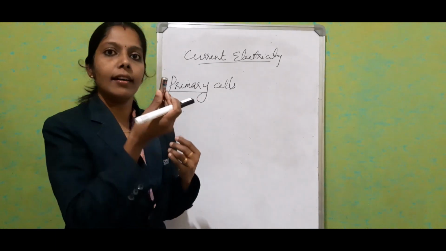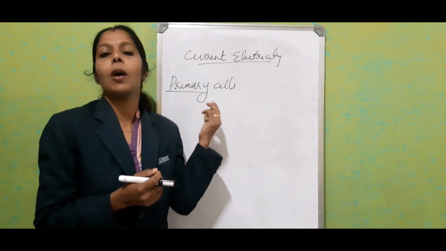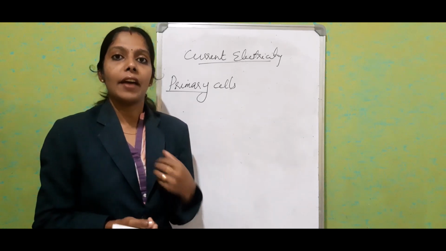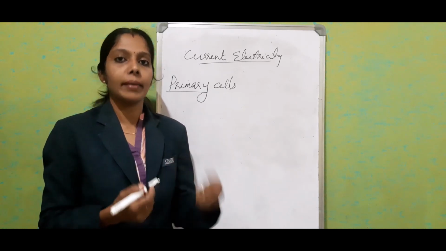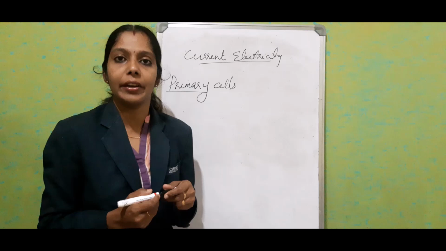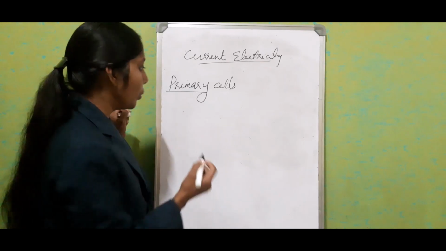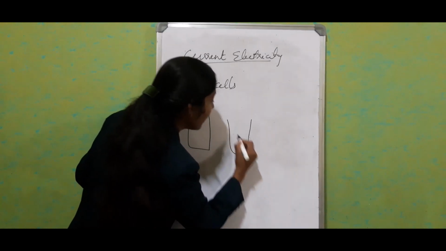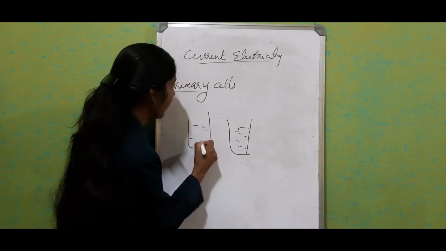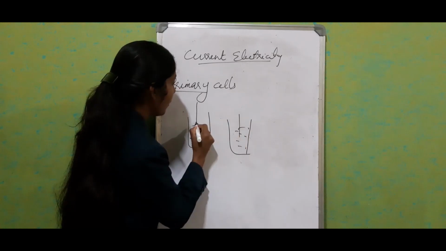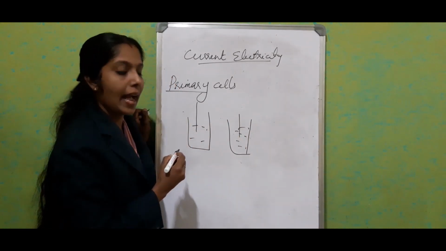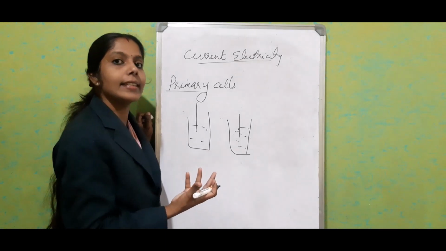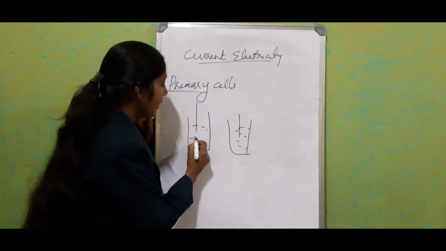Not only these dry cells are available as primary cells, we have a different kind of cell which has solutions. Mostly in chemical labs we are using such kinds of cells. It will have two solutions and two sets of electrodes. Okay, one is the cathode and another one is the anode. Just consider it as a voltaic cell. The voltaic cell is an example of a primary cell.